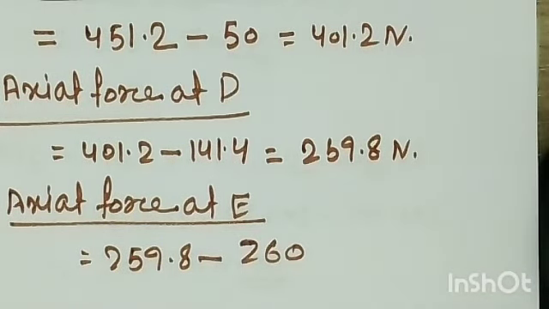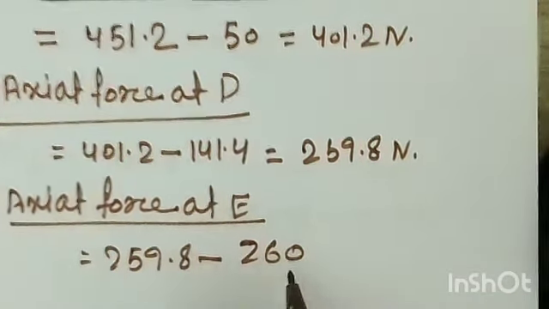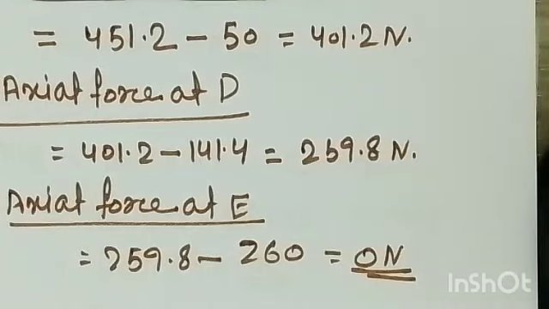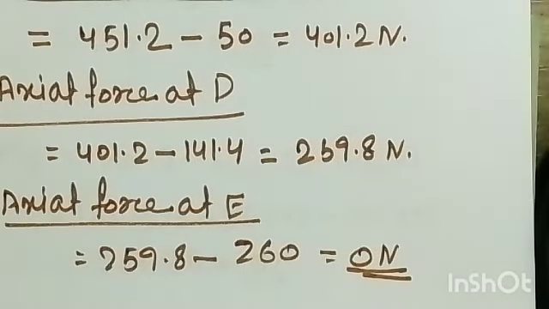That is near about 0 only, right? That is 0 Newton. Actually this value is 259.8, and this is also 259.8, so 260 or 0.2 Newton load does not make any impact